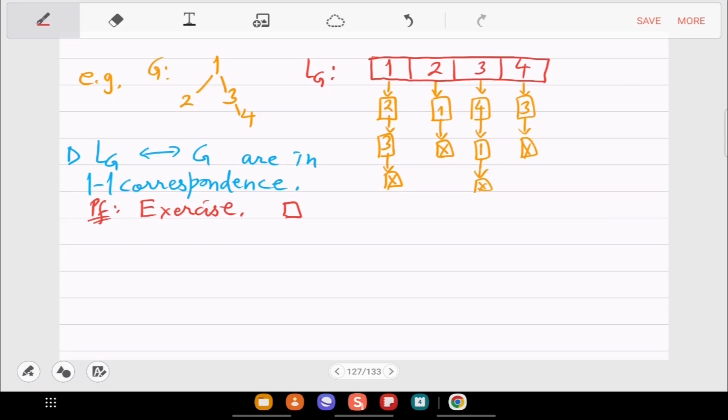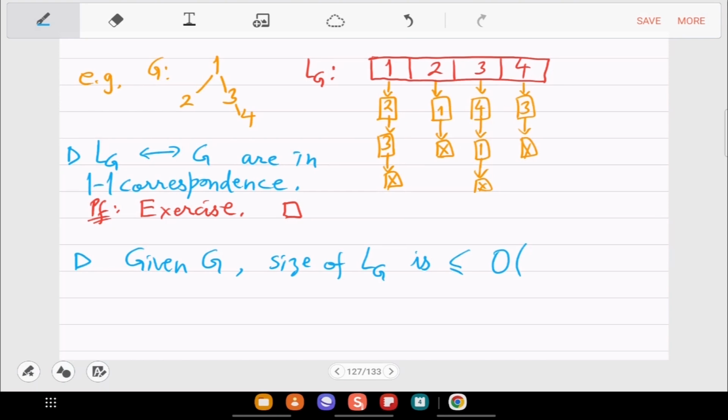So the other property is, what is the size of this implementation? Is this efficient? So given the graph G, the size of the adjacency list representation is, so remember, we'll use n to be the number of vertices, m to be the number of edges in the graph.